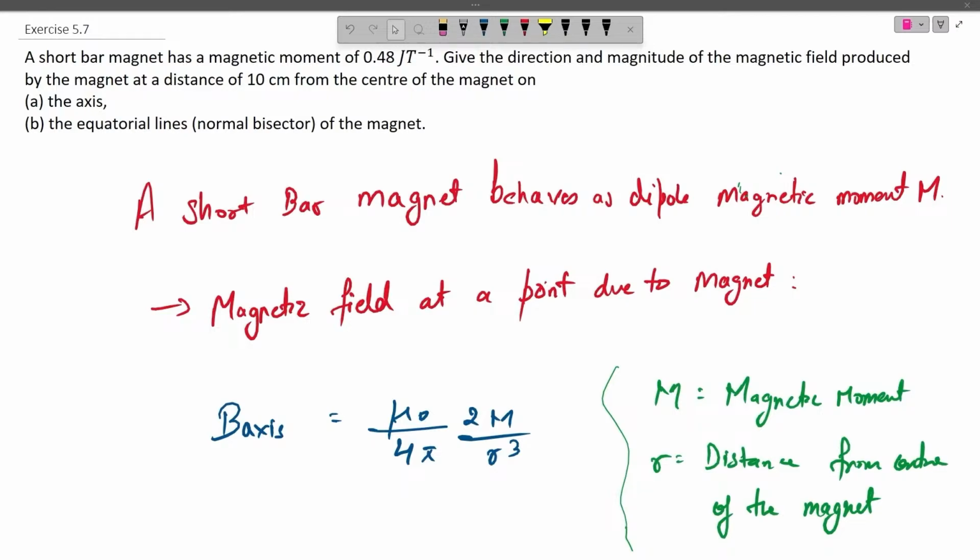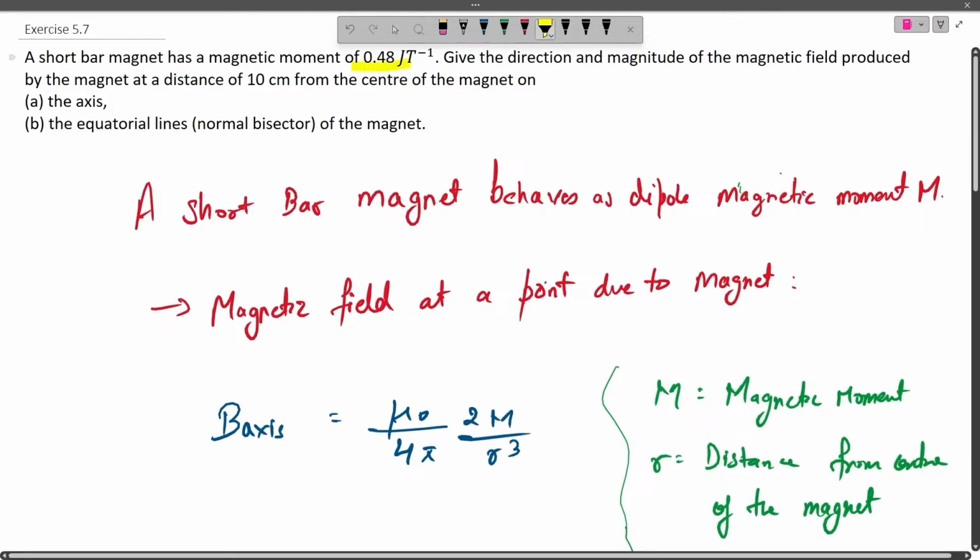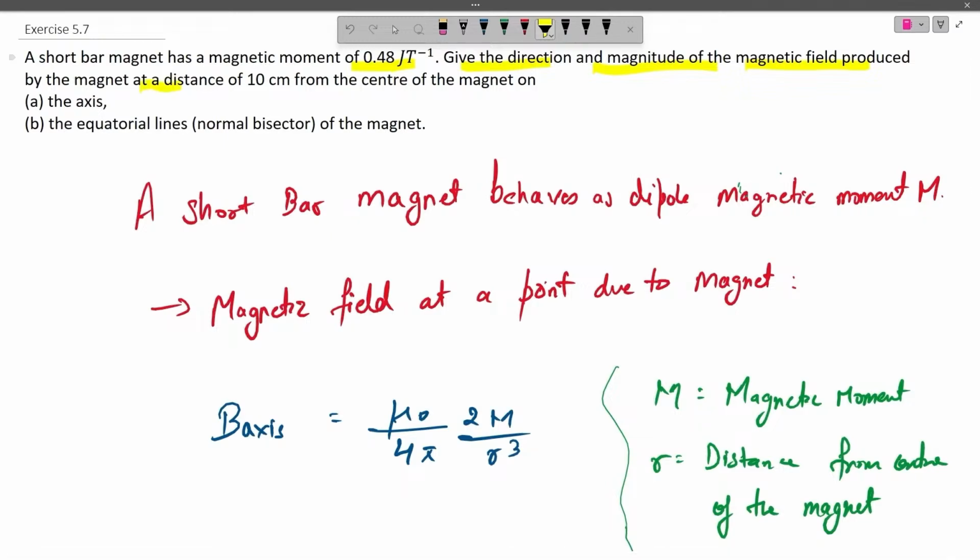The question says that a short bar magnet has a magnitude of magnetic moment of 0.48 joule per Tesla. Give the direction and magnitude of the magnetic field produced by the magnet at a distance of 10 cm from the center of the magnet on the axis as well as the equatorial line of the magnet. So if we assume that this is our bar magnet, we have to find out the magnetic field at a point which is on the axis and on the equatorial line, that is the perpendicular bisector of the magnet. Now for a fact we know that a short bar magnet behaves as a magnetic dipole